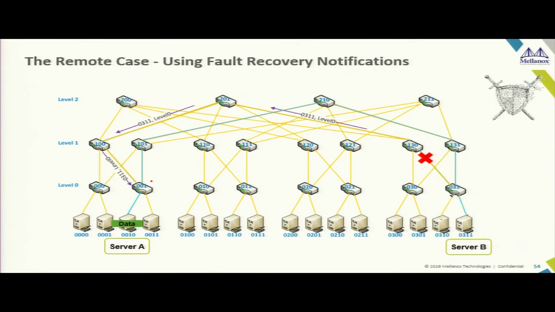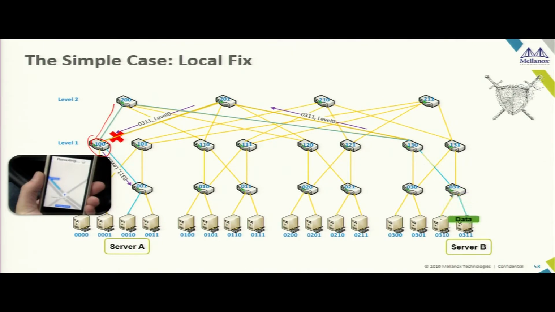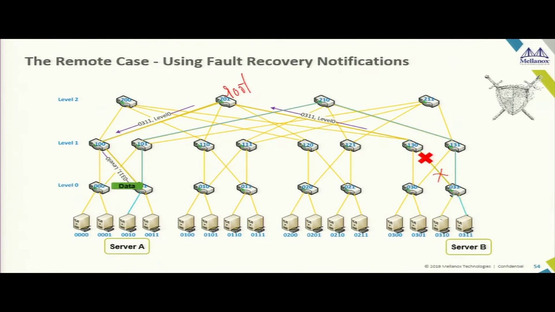What if one of the downlinks failed? Because in a class architecture, there are multiple ways to go up. But once you have reached the root, there is only a unique path down. You can see it from the graph. So what happens when one of the downlinks failed? Data will come here. It will go up. It will go down. And now it has nowhere to go. There is no alternate path to this server because this downlink has failed. What will happen? There is a dead end. The packet will get dropped, because there's nothing that can be done. The packet will get dropped, that's fine.